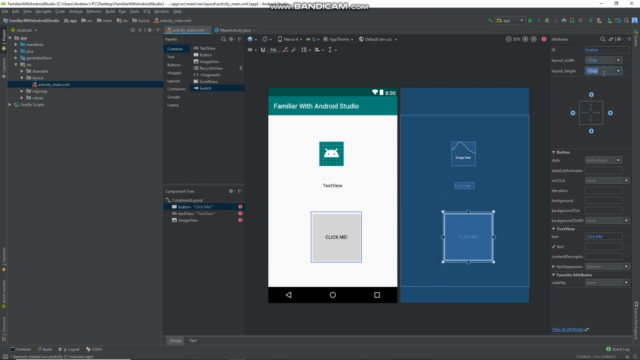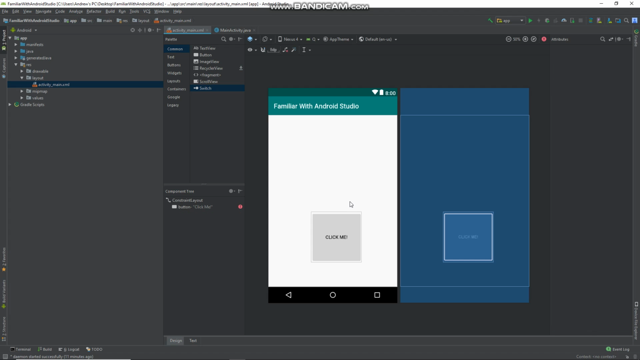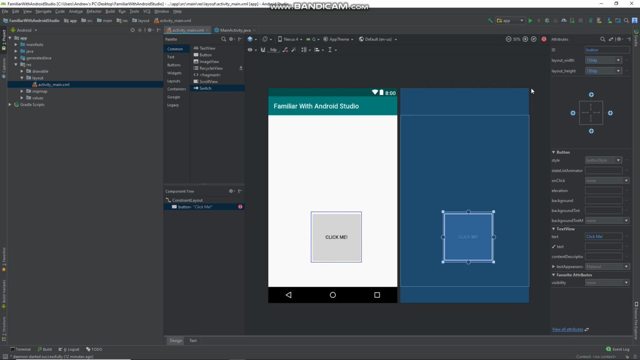Alright, and let's say I wanted to do the same for the height. It'll be 150 dp. Alright, press enter. And let's just delete these elements. Okay, so as you can see, the attributes, whatever you specify on the left, will reflect here on the screen